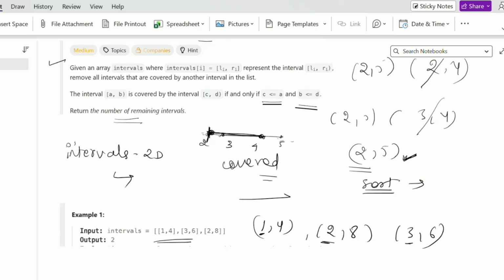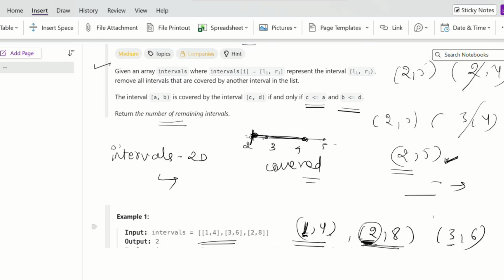If we traverse from left to right, we see [1,4] and [2,8]. If I compare [2,8] with this element, we already know that this 2 will be greater than this 1, because we already sorted, so we don't need to compare the first index.